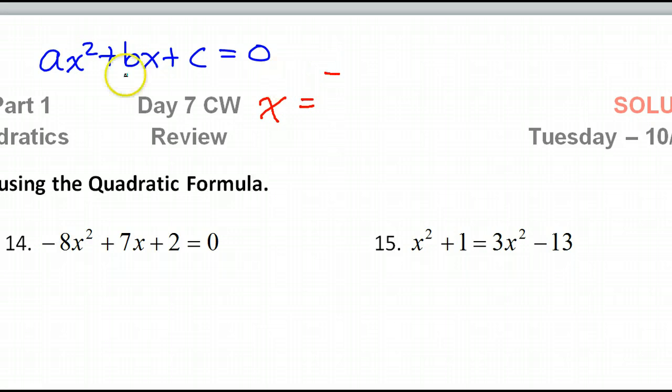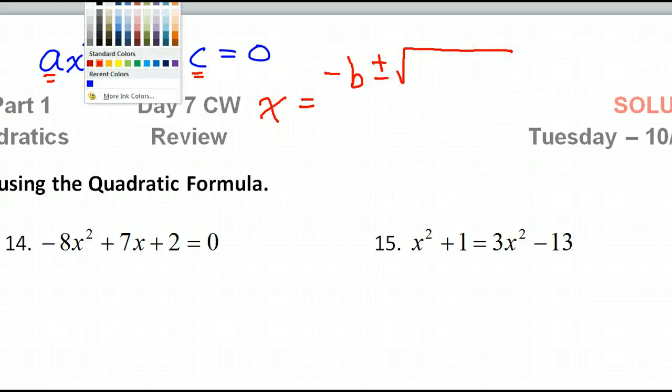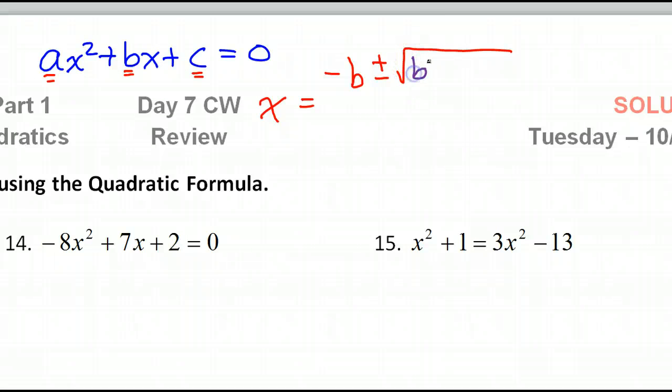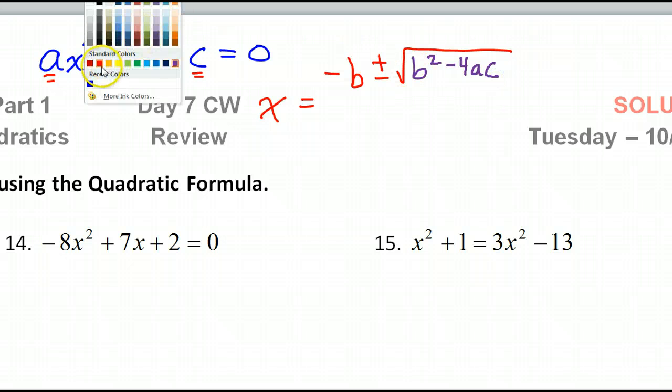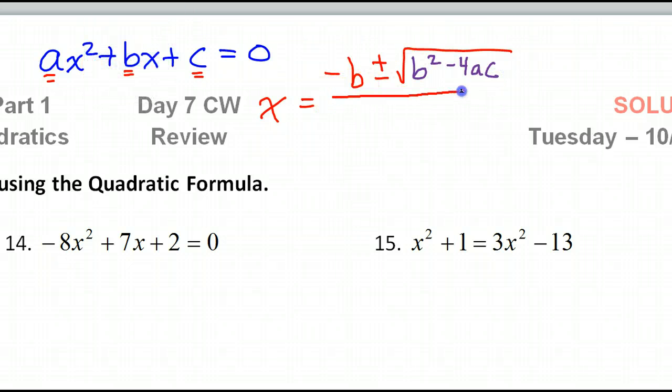And it goes like this. I'm referring to this a, this b, and this c. That's all we need. So it's going to be opposite of b plus or minus the square root. Let's see, I think I'll do this part in purple. b squared minus 4ac, all over